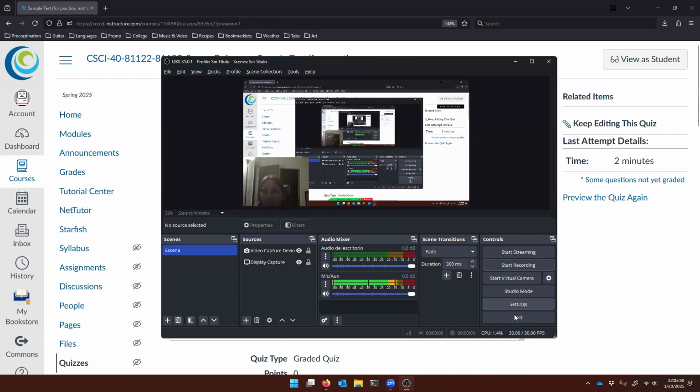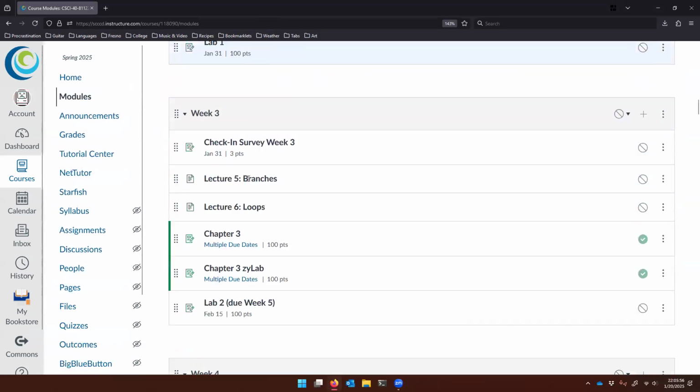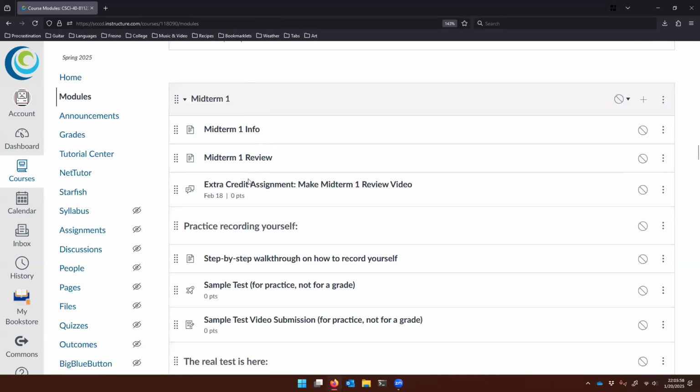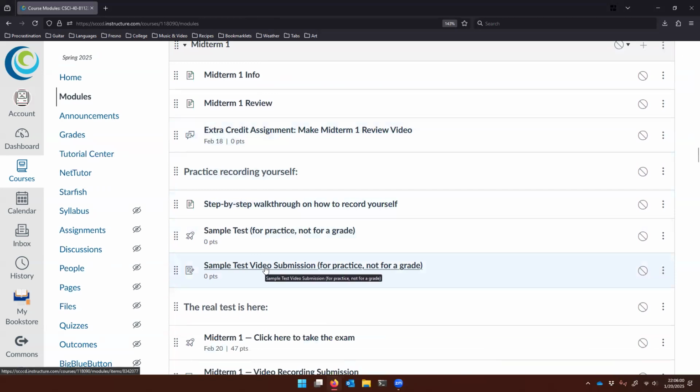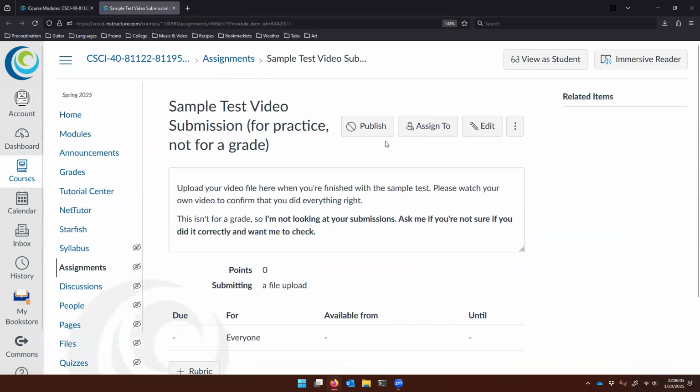Okay. So you can exit out of OBS once you're done, and then the last piece of the puzzle is to go to the video submission link. We're just pretending that this is the real thing, but this is just a sample. So this is exactly what it's going to look like when you're done with the real test too. You're going to go to this page and there will be a file submission place right here to drag your file into. And so you'll just go find it